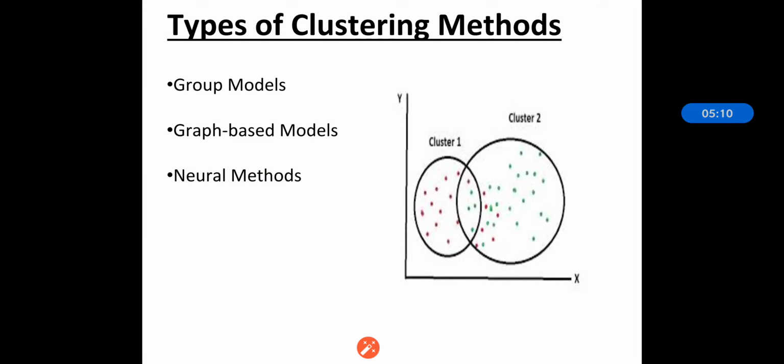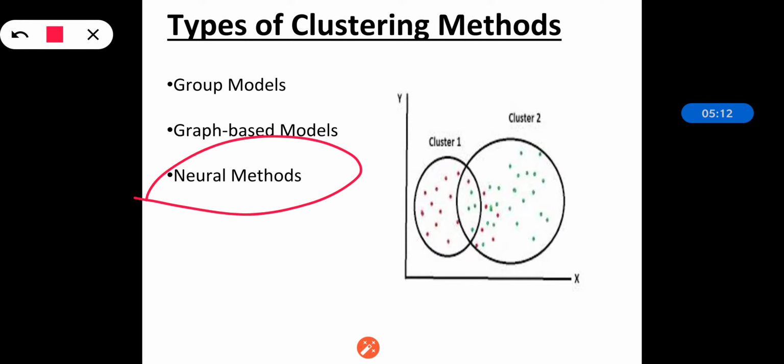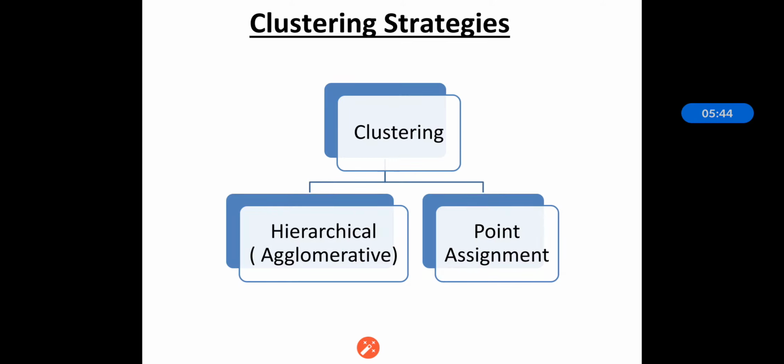So the next one is the neural method. What does the neural method mean? It is a form of unsupervised neural network, which is the self-organizing map, and it is used when similar on one or more models, and it includes the subspace model when the neural network implements a form of principal component analysis. So the neural model is used whenever we are using an unsupervised neural network, as a self-organizing map where we are characterizing one or more models for the clustering purpose. That is the neural method.